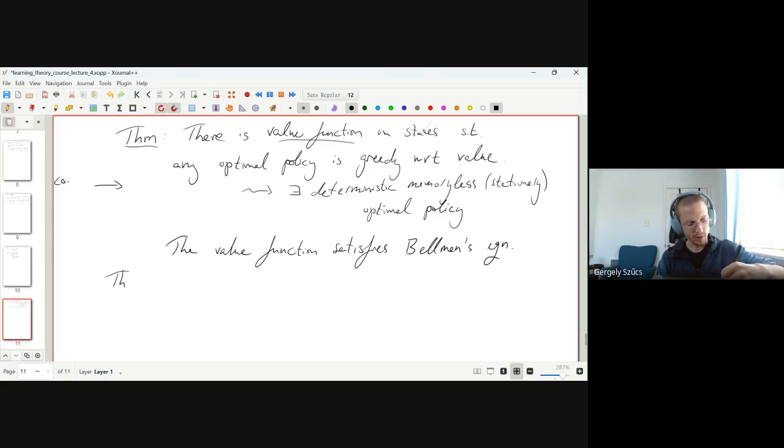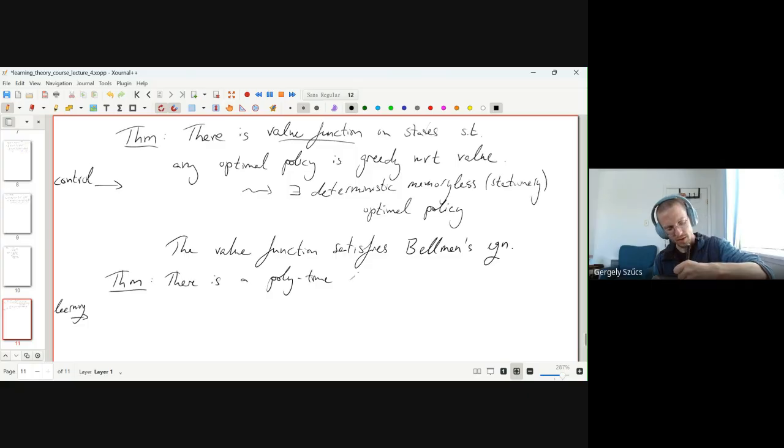This is for the known MDP, and then for the learning, we have a theorem that says there is a polytime learning algorithm pi, and we could take this to be actually a relative of upper confidence bounds, such that